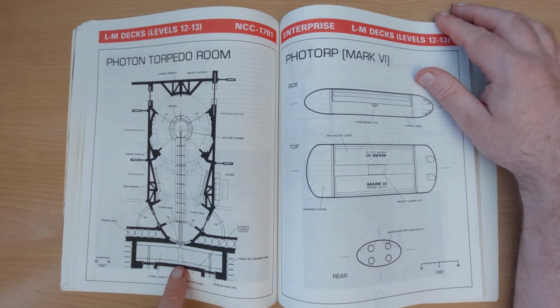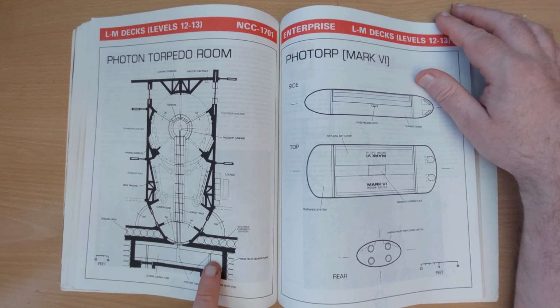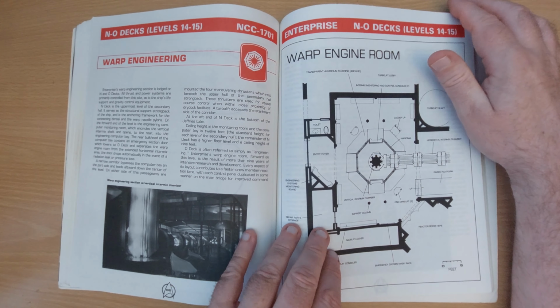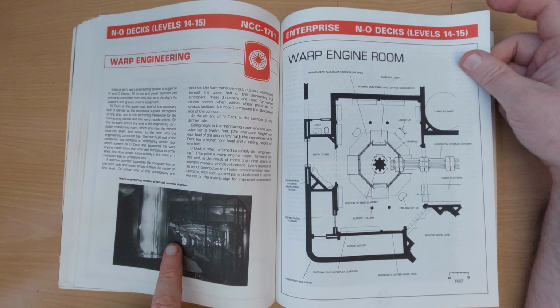I thought there'd be one of these rails for each of the launchers, but there's just one shared between them. I'm guessing you can queue up torpedoes in this area, ready for firing, so you can fire more torpedoes. Goes through the photon torpedoes themselves, and then we're on to engineering, showing off the long energizer chamber, or intermix chamber, sorry, the horizontal intermix chamber,